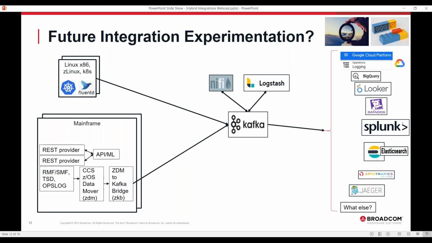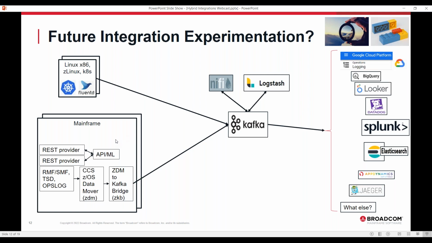So with that, this is like a kid in a candy store kind of slide. Really, where would we like to go? I think I mentioned in some of the prior slides that a lot of the work in this is getting the data in the right form and enriching it and normalizing it in a way that is useful once you get it to these other tools.